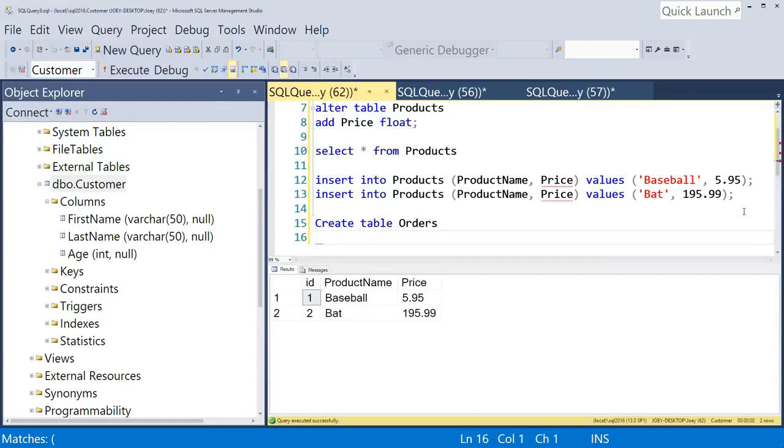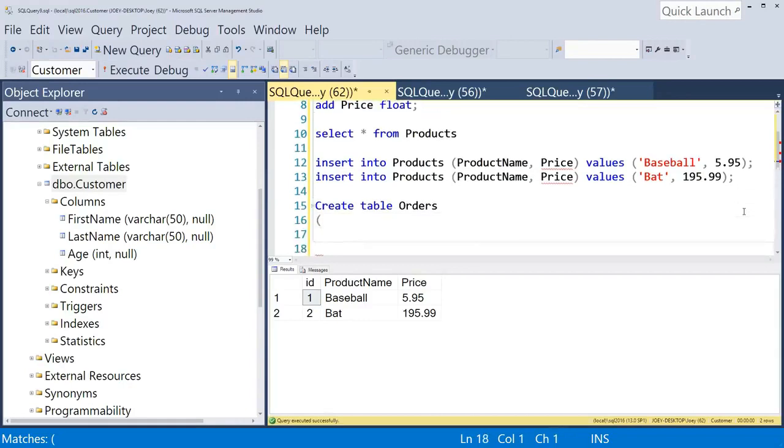And inside the orders table, we're going to need to put in who bought it and what the order was. So we're going to put in the customer ID, it's an int, and then we're going to put in the product ID, and it's an int,